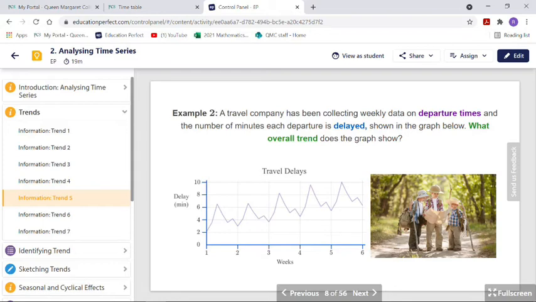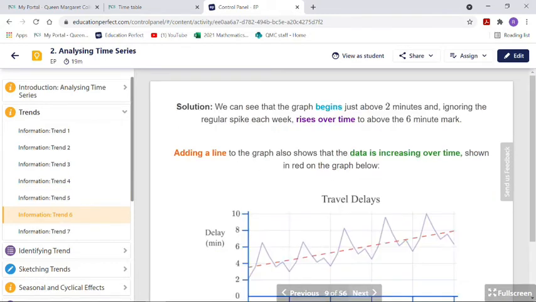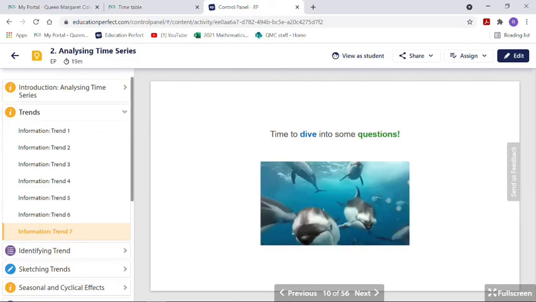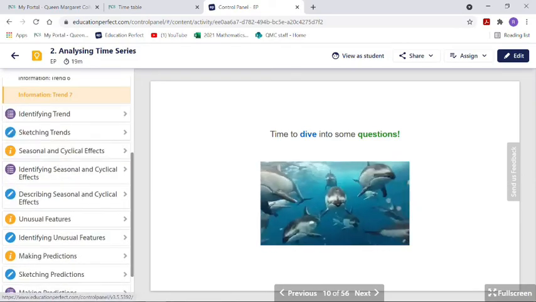Does it have seasonal changes? Yeah. You see how uniform those hills are, that's a seasonal change. We'll talk about that in a minute. But you can see overall the trend is going upwards, so it's increasing. All right. Now, the next thing we want to talk about